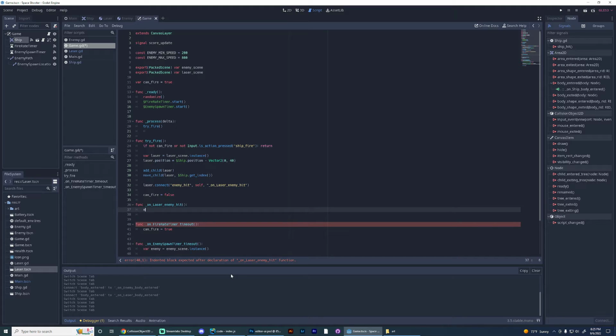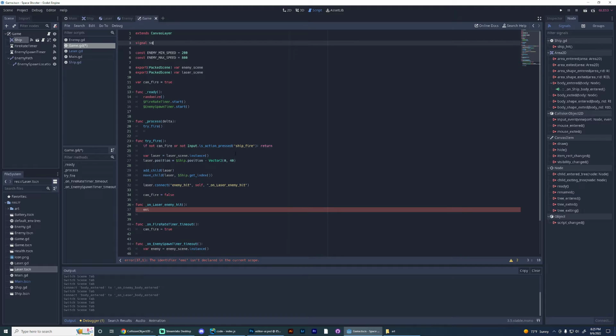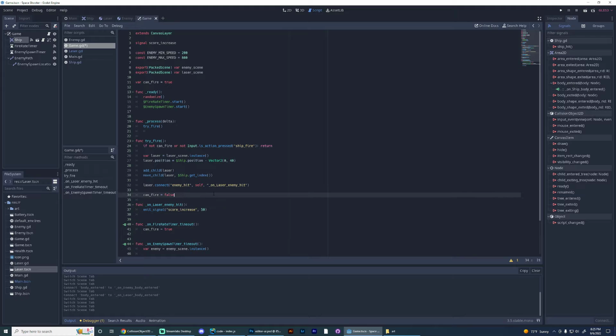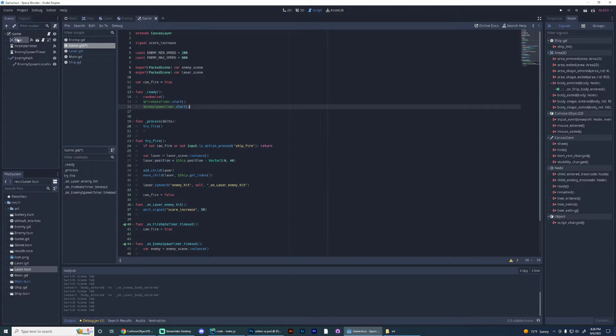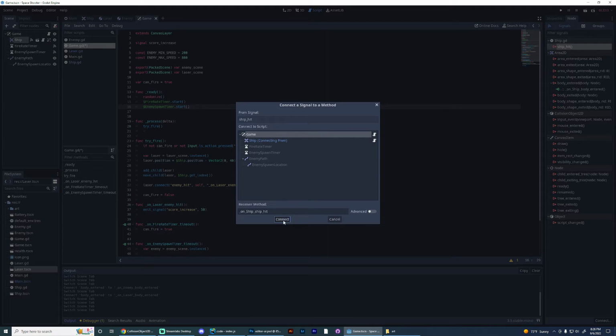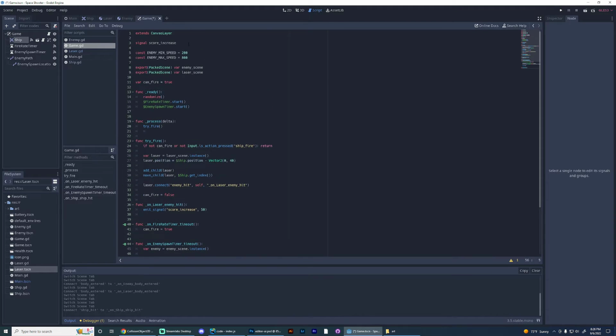And then here we'll do score increase actually. Emit signal score increase, and then we'll give like 50 points per enemy. Okay, and now we also then need to set that up in here in ready, or actually we don't have to do this programmatically. We could just go here, do ship hit. So when ship is hit,